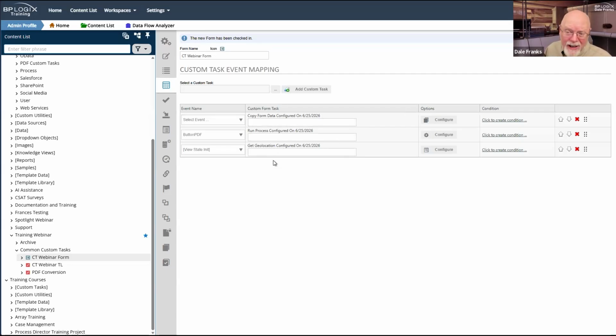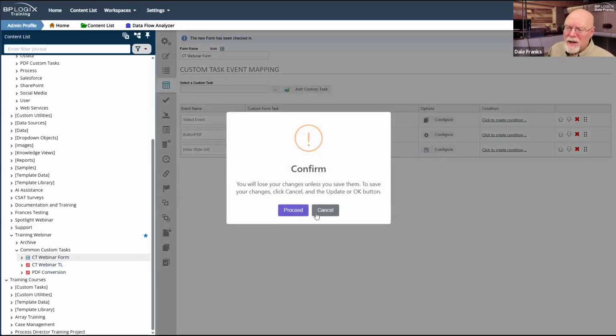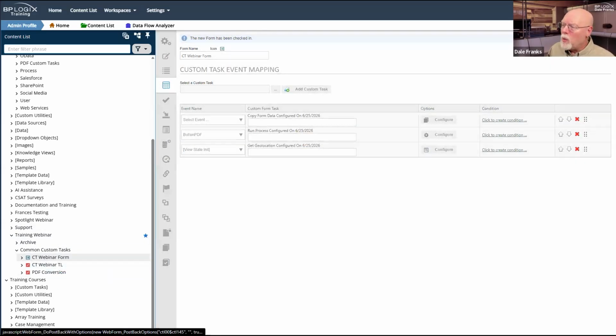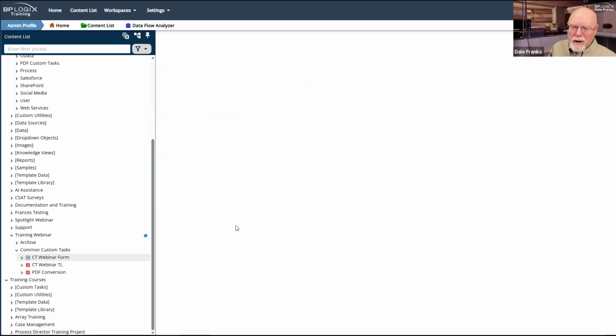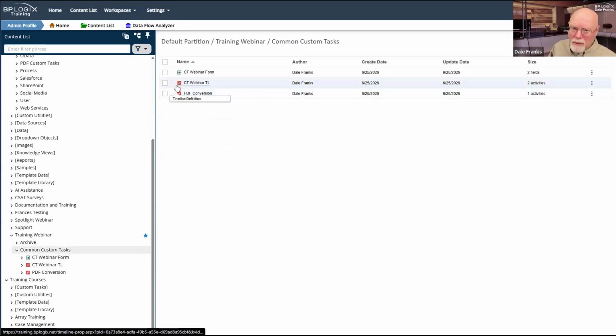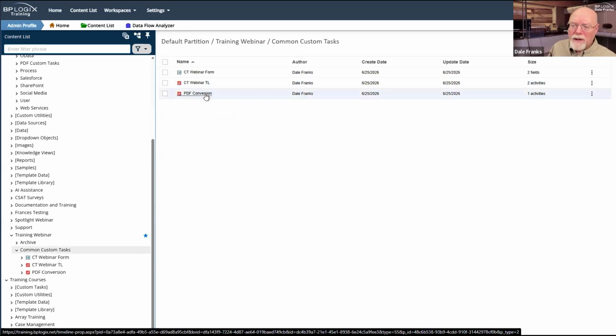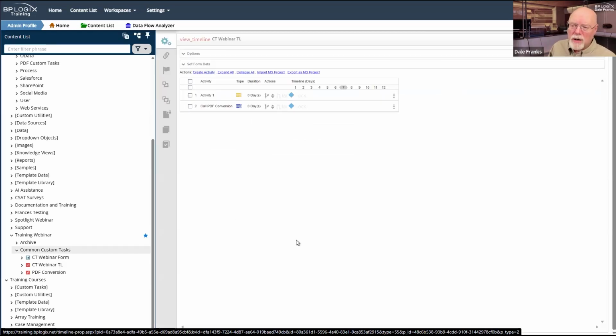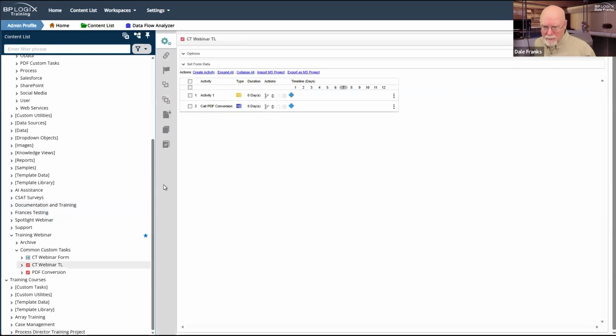And really, the scenario I described is about the only time that you're going to want to run set form data. In almost every other circumstance, you are going to want to use either the set form data tab on the form or the set form data section on your process timeline.